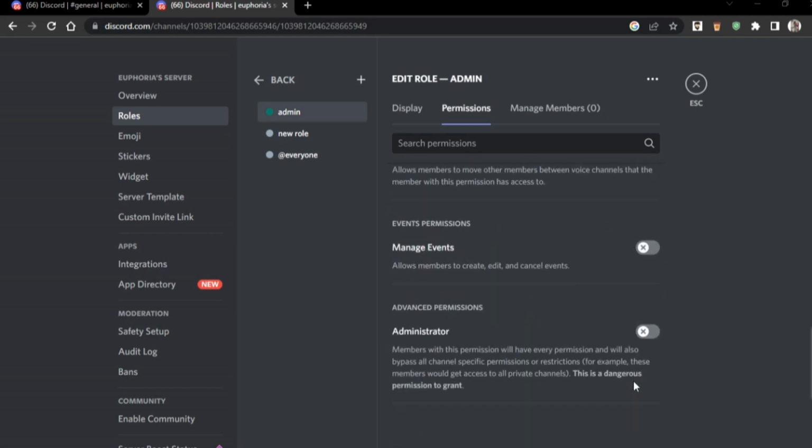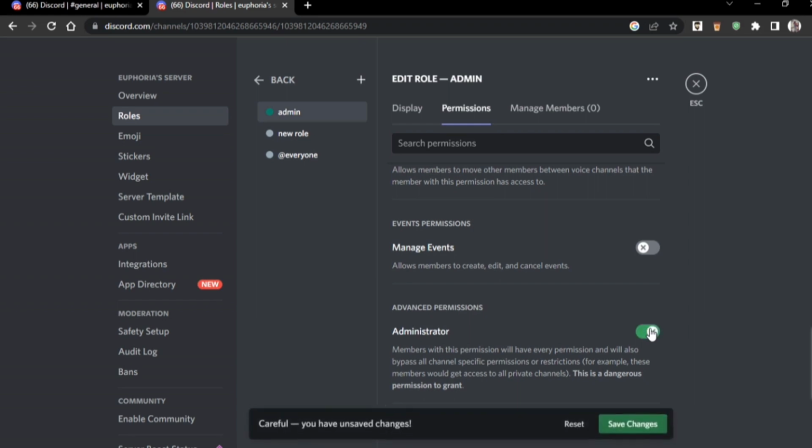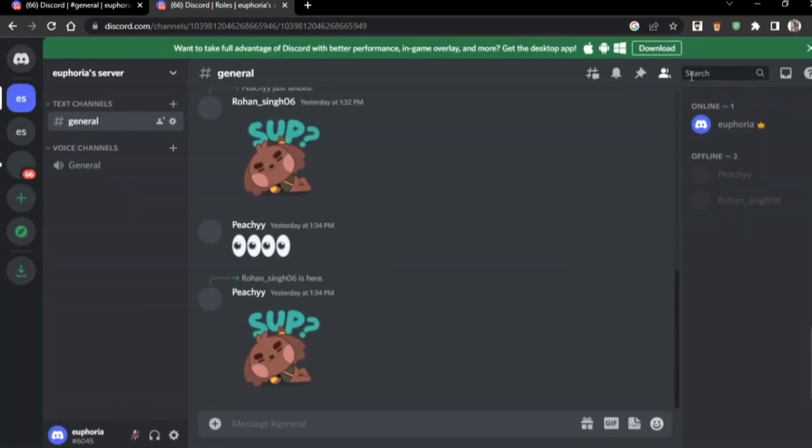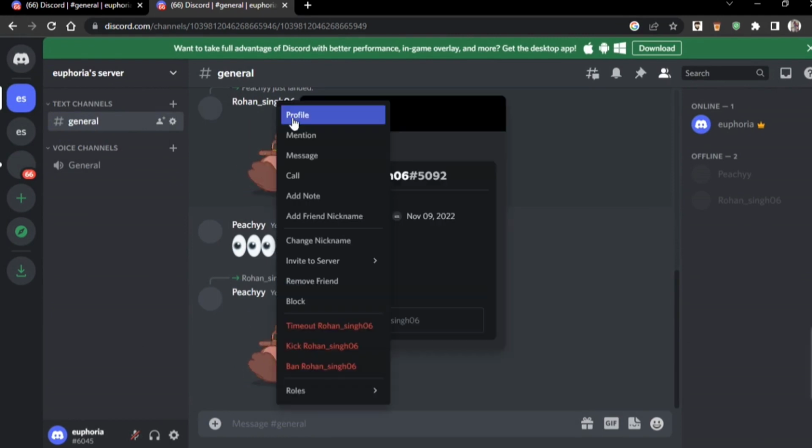Here you can scroll down and you can find the administrator. Tap on that. With this setting, all the permissions, without restriction or specific permission, will be given to this person. Save these changes. Now go back